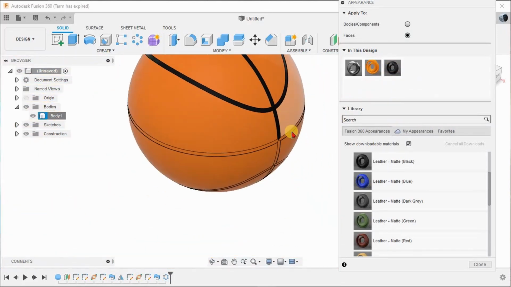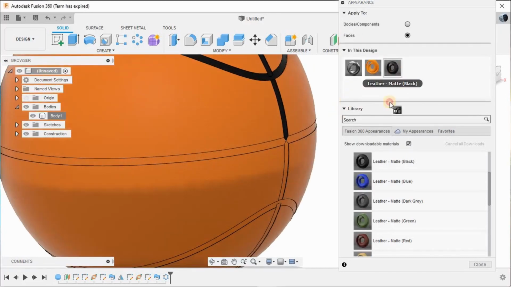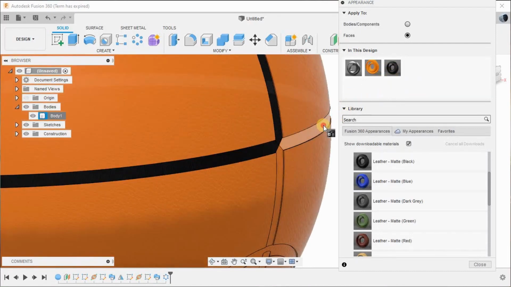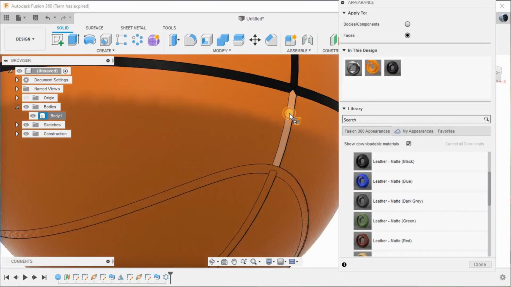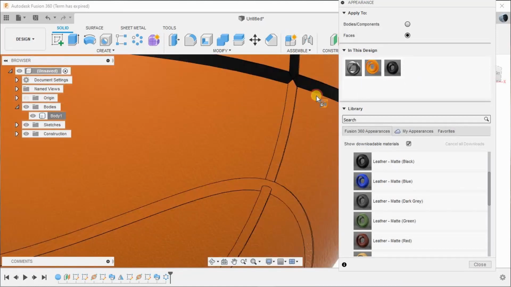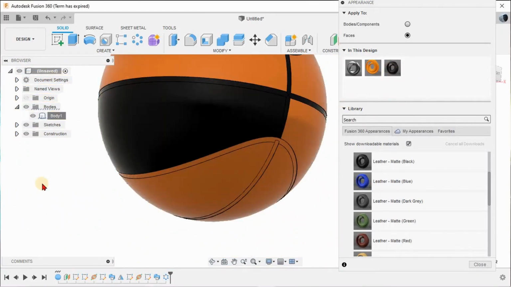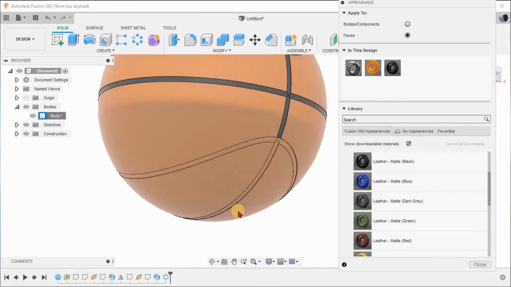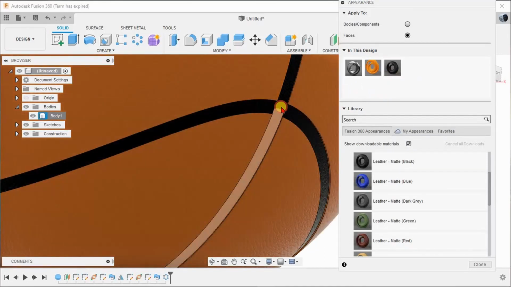Now if you accidentally give a black color somewhere else, you can always press Ctrl Z and it will automatically take it back to the previous step, or you can just override that particular color. So I have just accidentally given black color here. See, this color has been changed to black. I can always change it by giving this matte here. Now it is already changed, and that's it. So I think I have almost finished it.